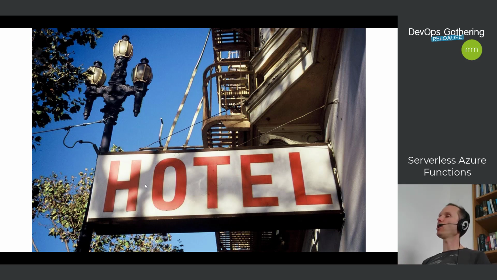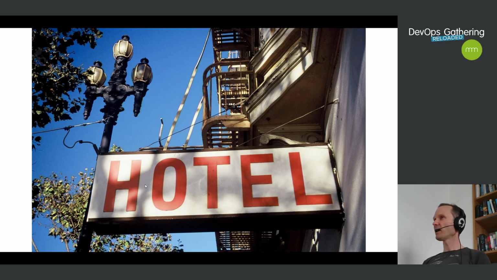A hotel also has a very unique property, a very unique way of business model. That means if I reserve a room in a hotel and I don't use it, I have to pay for it. And it's the same with platform as a service. If I use platform as a service services today, I have to think about how large should my platform be, how many servers, how many CPU, and so on. And how many of them do I need? And I have to pay for these platforms even if I don't need them.